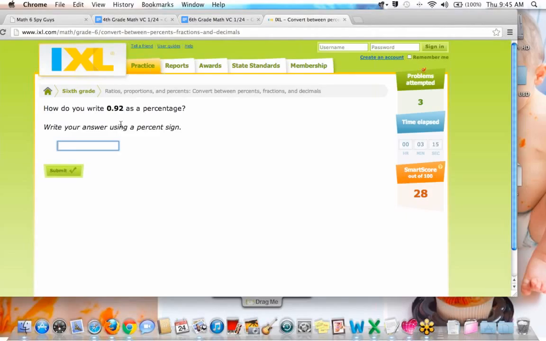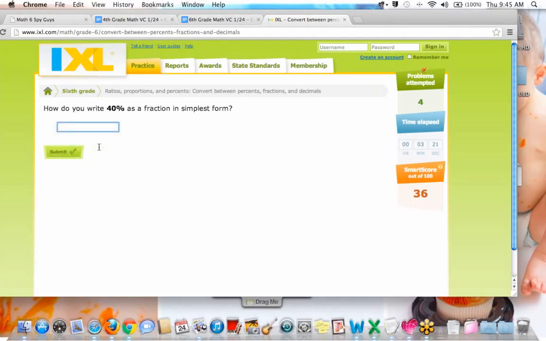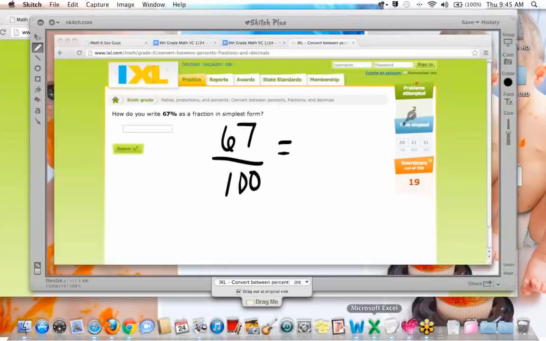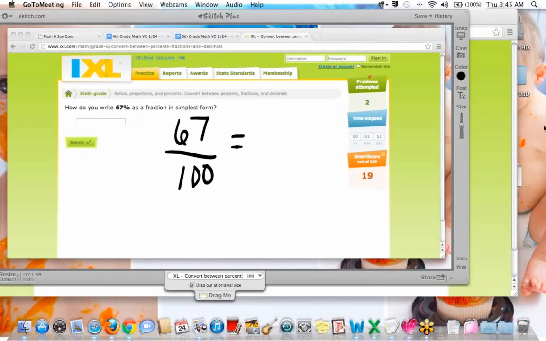Good job, Jack. All of you got this one. This is actually pretty easy for you guys. So converting between decimals, fractions, and percents doesn't look like it's much of a challenge. Okay, now this one, I know that you can reduce 40 out of 100, so